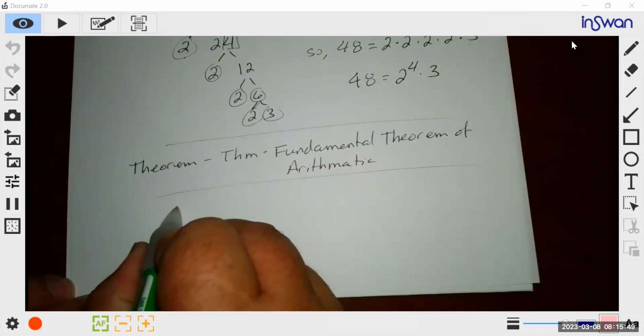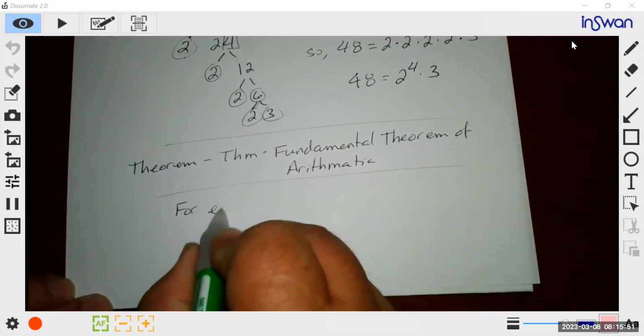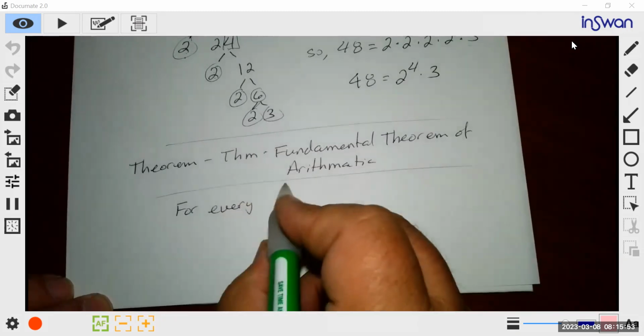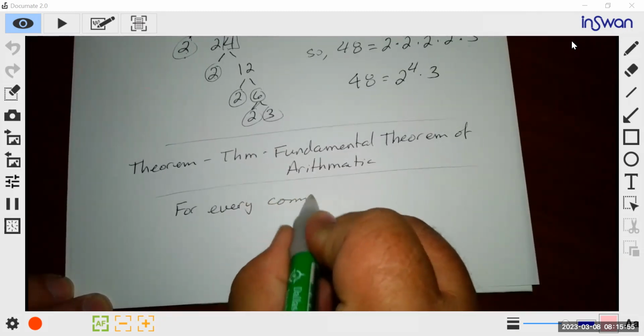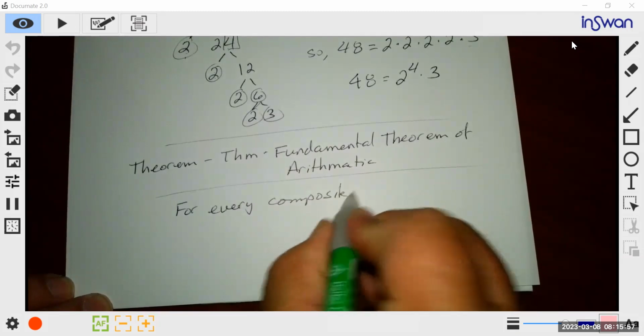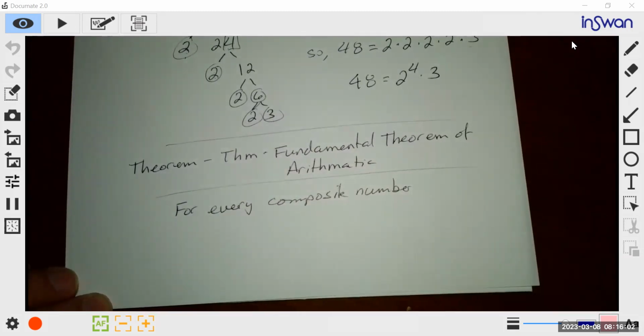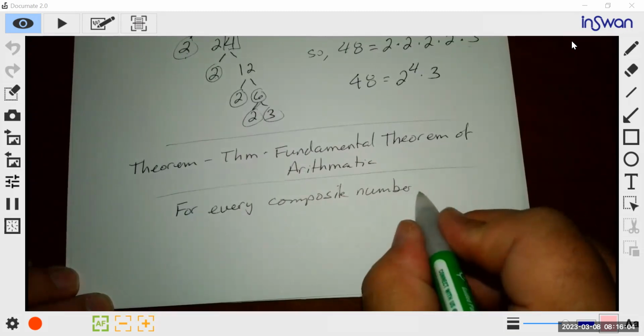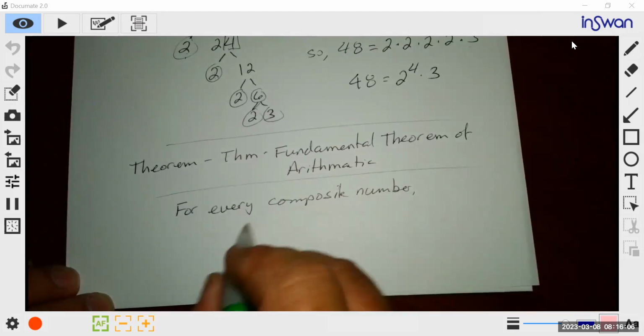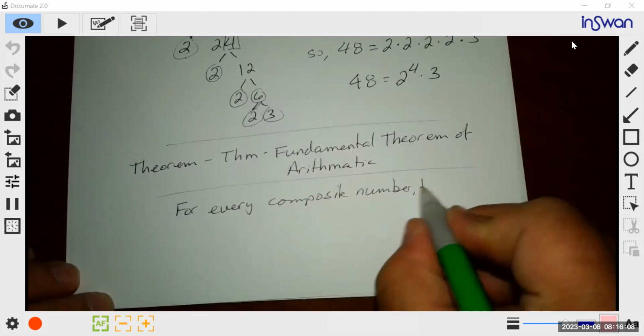What it says is, for every composite number,